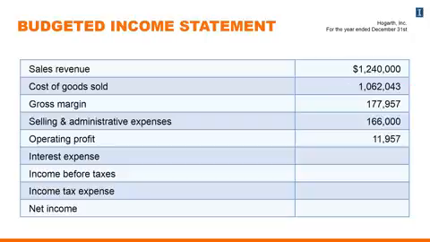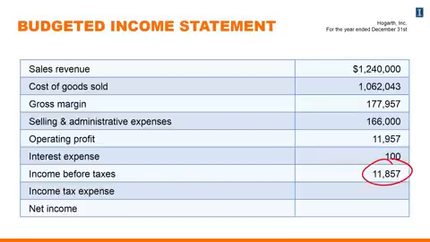Our selling and administrative budget told us that we expect to spend on both variable and fixed selling and administrative expenses $166,000. Subtracting that from the gross margin yields operating profit. One thing we haven't reviewed is that the Hogarth managers expect to have some interest expense, and that's minimal at $100. Subtracting that provides the amount of income before taxes,